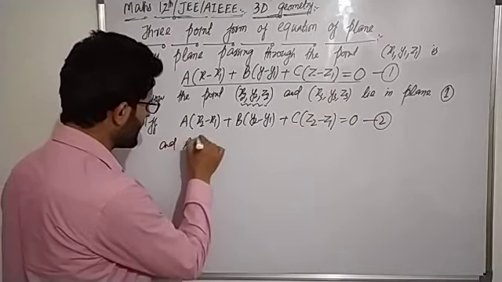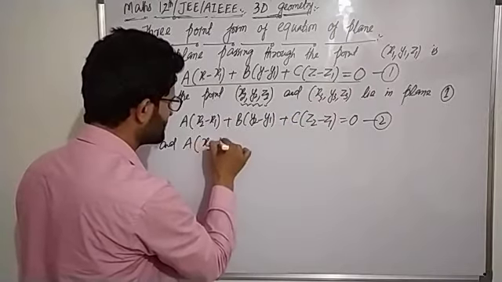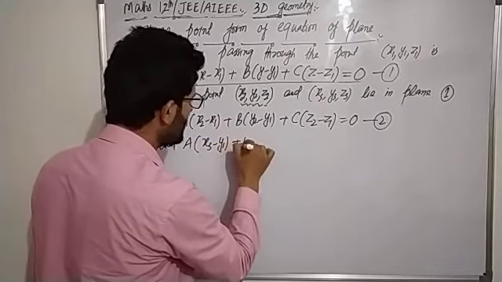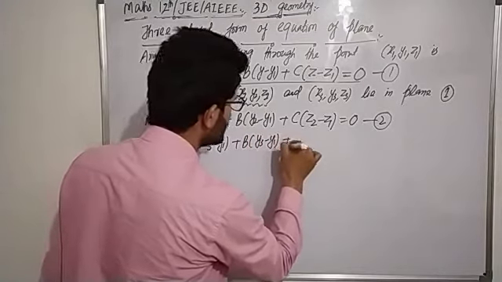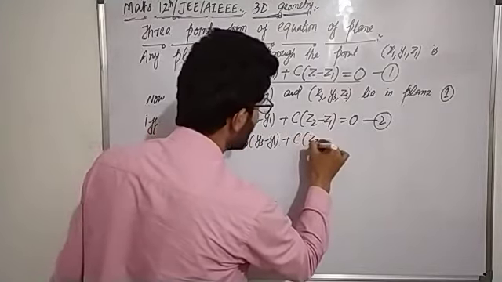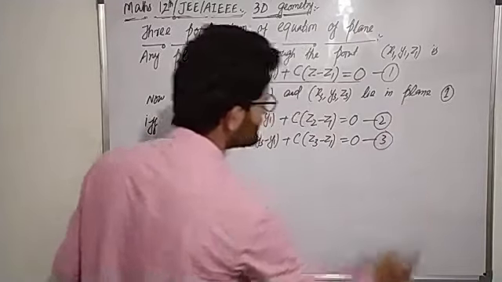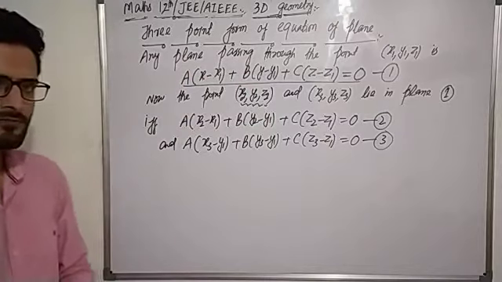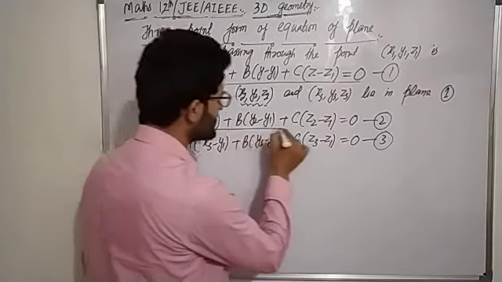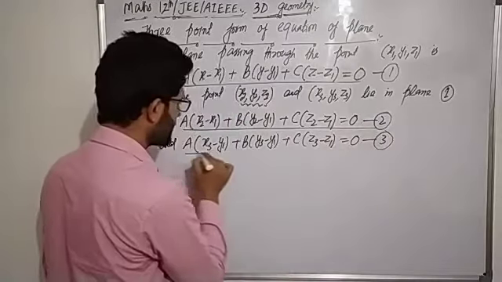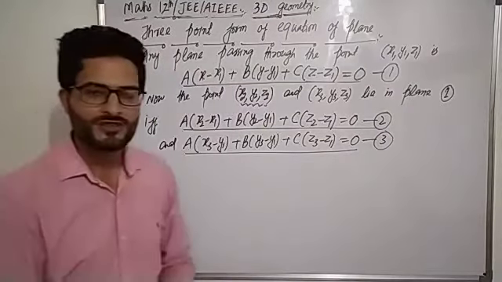And at that time, what equation will form? a into x replaced by x3, so x3 minus x1, plus b into y3 minus y1, plus c into z3 minus z1, and that's equal to 0. We are keeping that equation as equation number third. Now, if we look at equation first, equation second and equation third, here we have the system of three equations